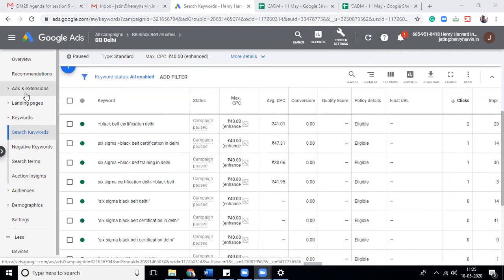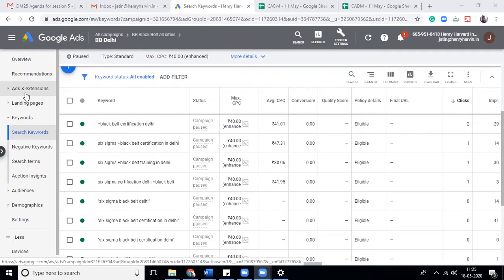When you select 10 keywords, you should have at least 3 ads. All 3 ads should talk about a different perspective of the product or the service which you are selling. Never ever try to set up a single ad and expect results.